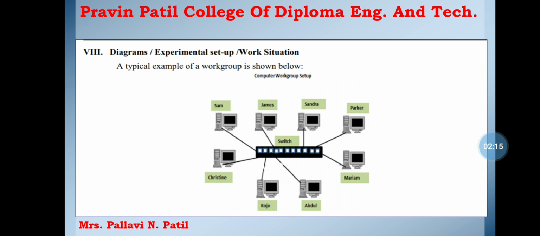So computer network is simple. A computer network is a group of computers and other computer hardware devices linked together through a communication channel, for communication and resource sharing among a range of users. It can communicate with the other computers that are connected in the network. Next, this is a block diagram of the workgroup of the peer-to-peer network.